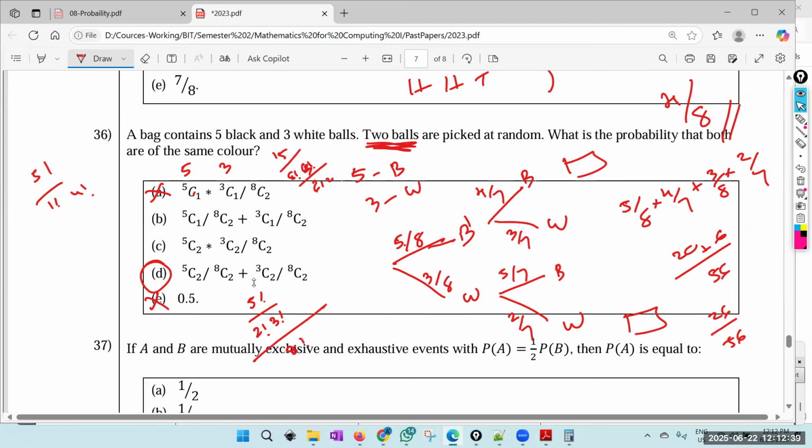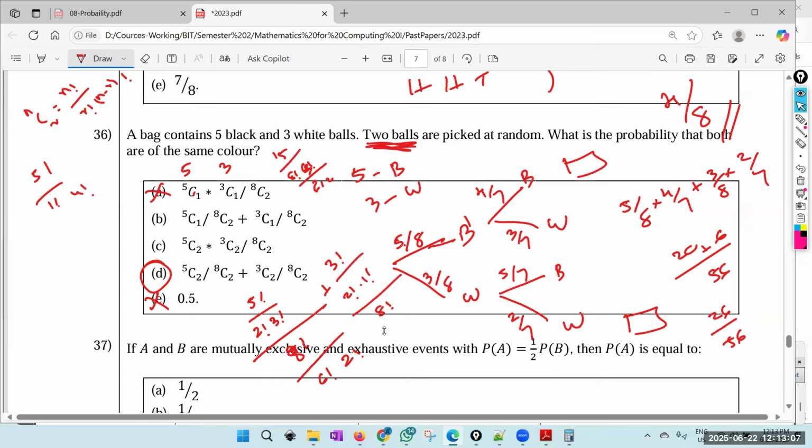NCR is factorial n divided by factorial r divided by factorial n minus r, right? Yeah. Factorial 8 divided by factorial 6 divided by factorial 2 plus factorial 3 divided by factorial 2 factorial 1